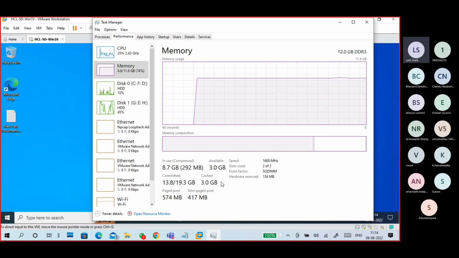But you are running some applications, right? In the background, some processes are running. Even if you don't open anything, some startups are running. So then it becomes 2 to 3 GB maximum in an ideal condition, where you are not running or opening any application. If it is taking more than 3 GB,